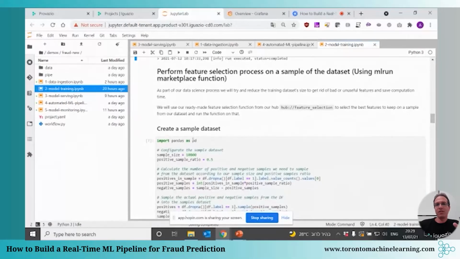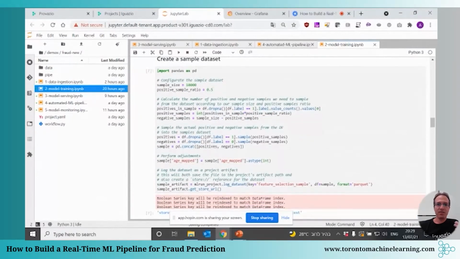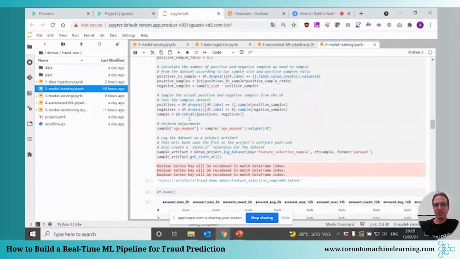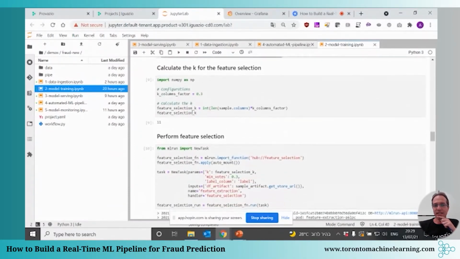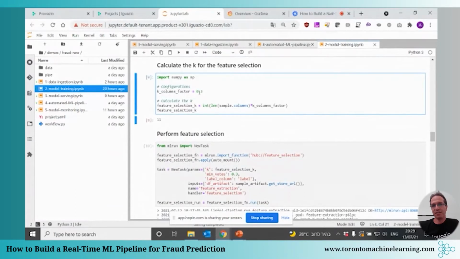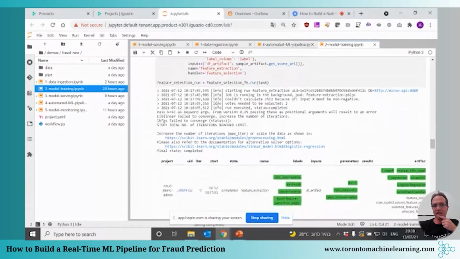So let's say that I want to do all kinds of exploration. I want to do feature selection, for example. I can write my feature selection job, and again, I can use another model to do that. Once I do the feature selection, I give it a factor of 33% or 30%, and then run the feature selection itself.